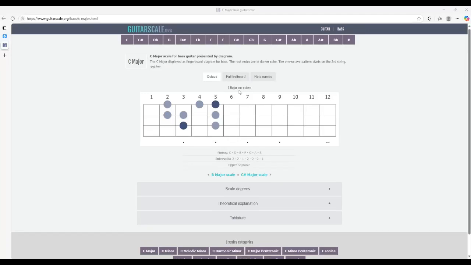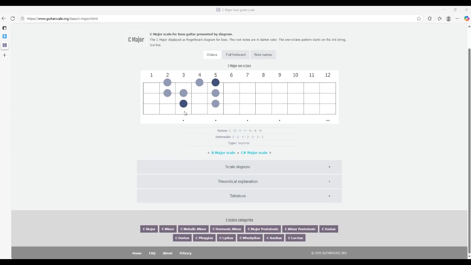Hey guys, today I'll be showing you how to figure out scales, the major and minor scales on the bass guitar. This is very important to learn so you can write bass lines, improvise, and figure out bass lines in songs more easily. So with the major scale, it follows the same shape with every single note, no matter